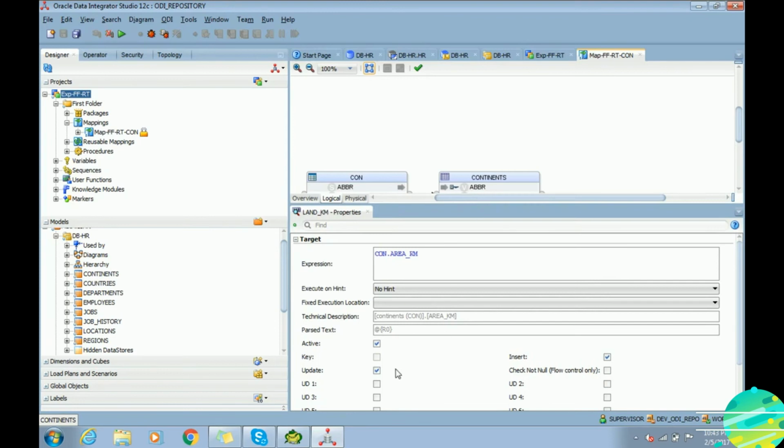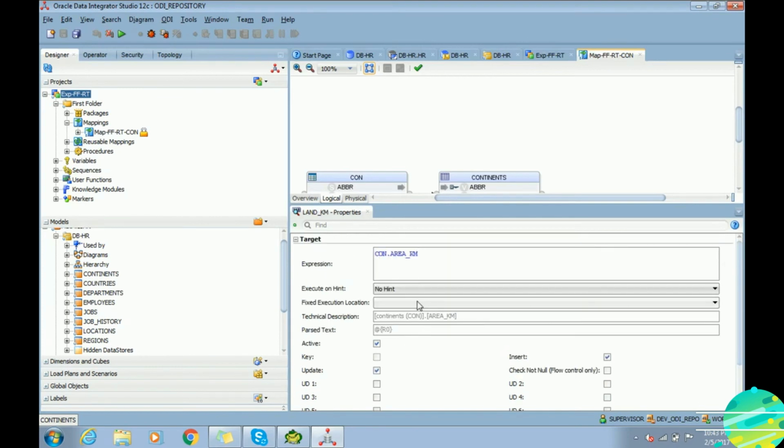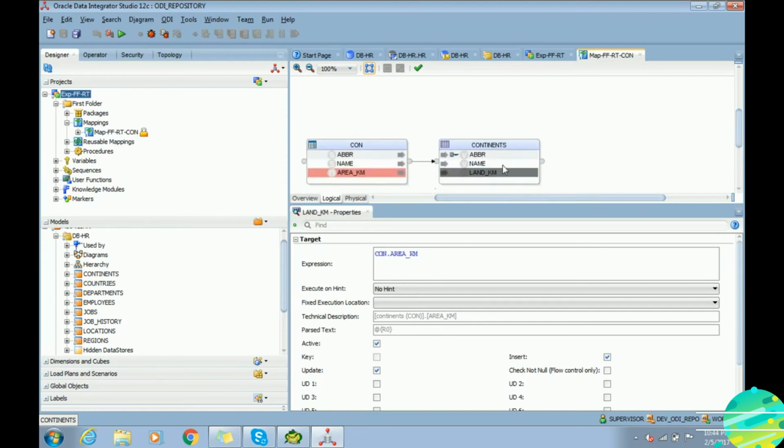And this is the properties panel I was talking about. In that panel you can see a lot of details, like whether insert is allowed in this and update is allowed in this, whether it is a target table or a source table. All those details you can see in the properties panel.